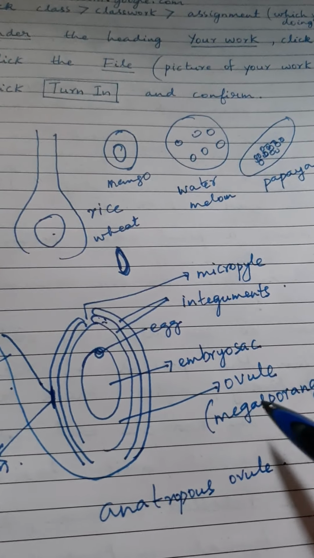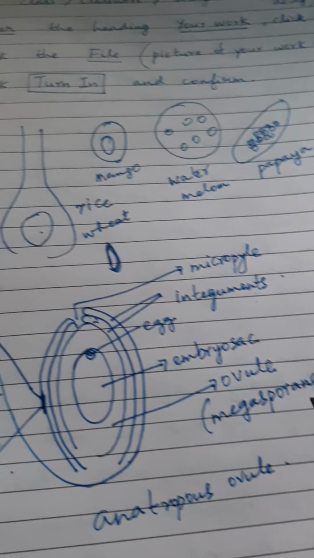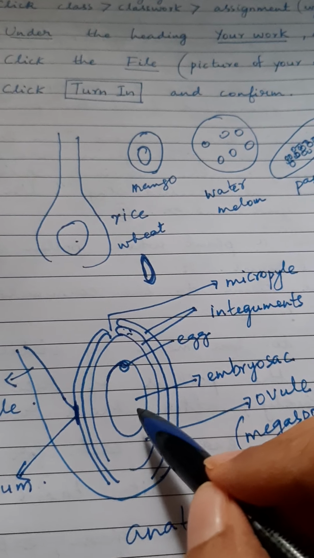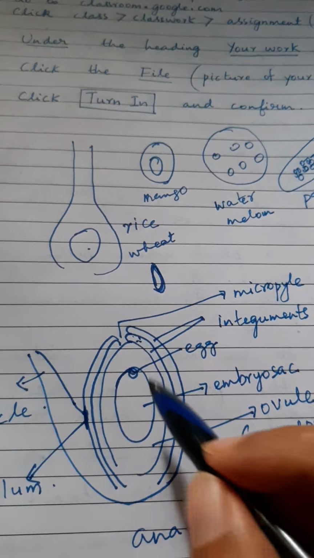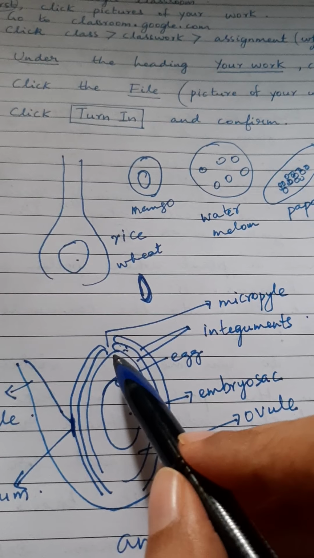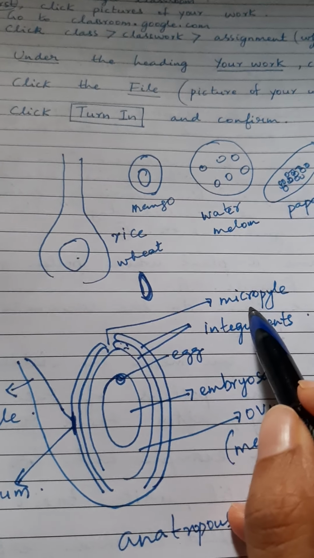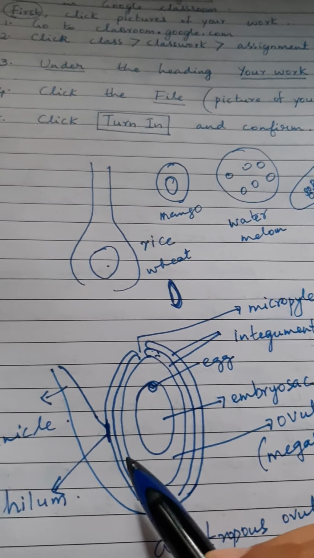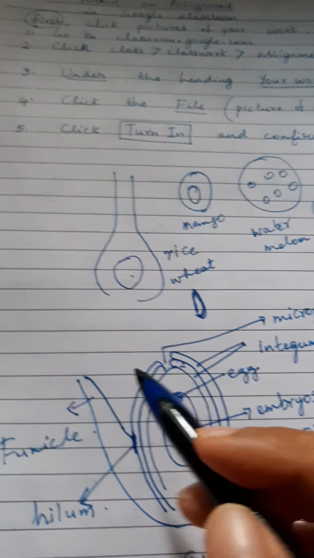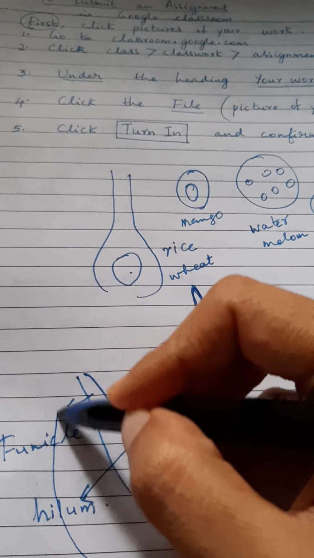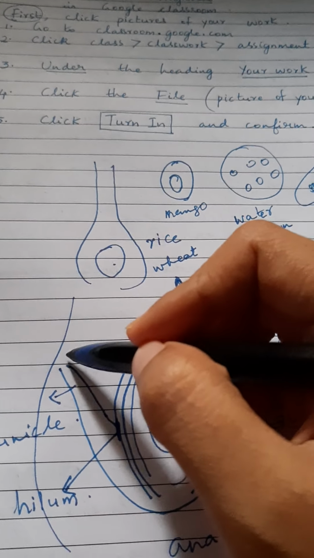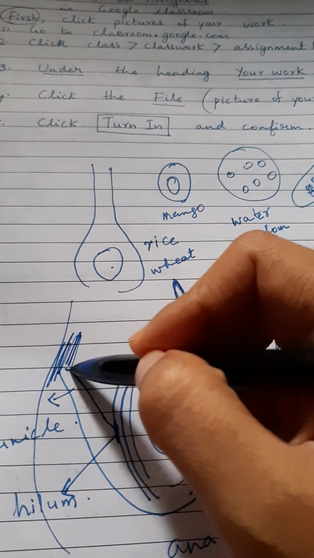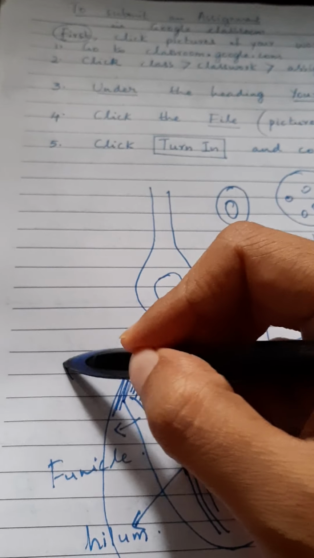A typical anatropous ovule is also called megasporangium, and consists of an embryo sac inside. The ovule is protected by integuments, but it is not covered completely. There is a gap remaining when the integuments are covering the ovule. That gap is called micropyle. The ovule is attached with the tissues of the ovary. The tissue of the ovary on which the ovule is attached is called placenta.